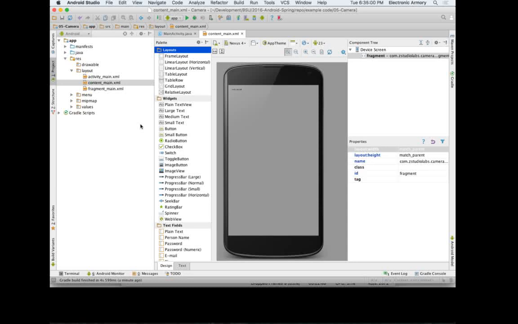Okay, so our activity is giving us a content main like it was before, and then a fragment main. And the fragment main is going to be where we actually put the code. So if we open this guy up by double-clicking on it,